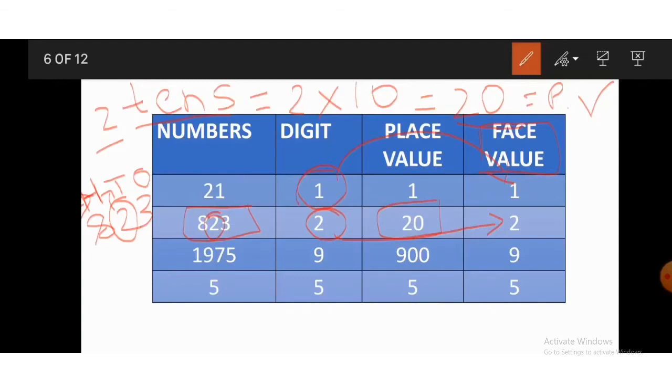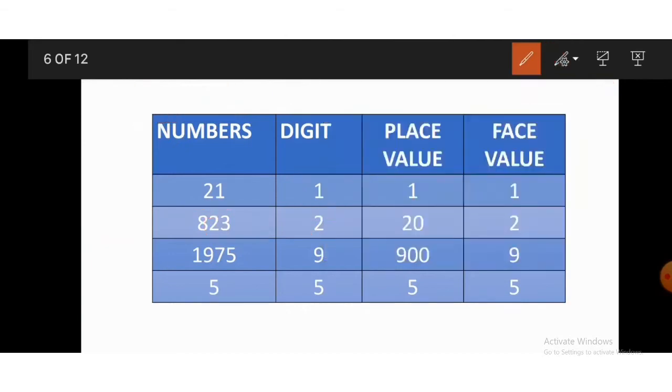The face value of the digit is same as the digit itself. No work to be done here. Simply copy the same digit to face value. Clear? The third number is